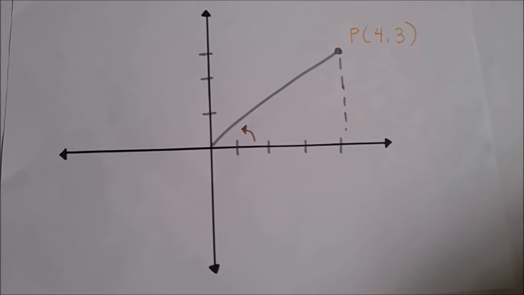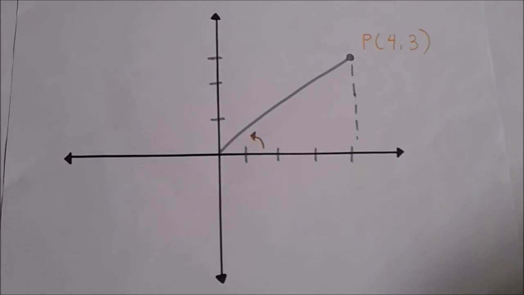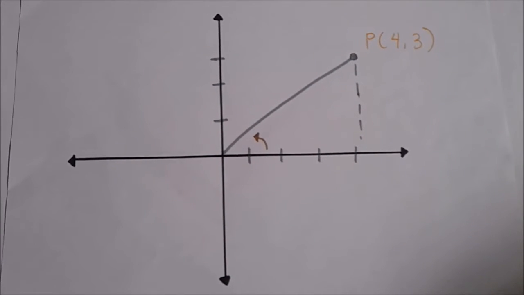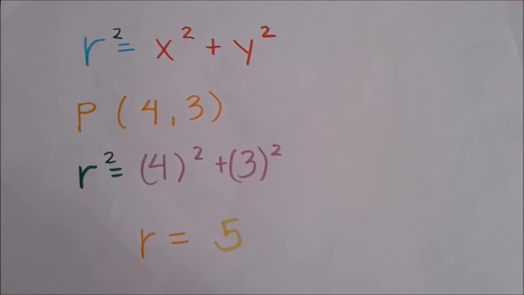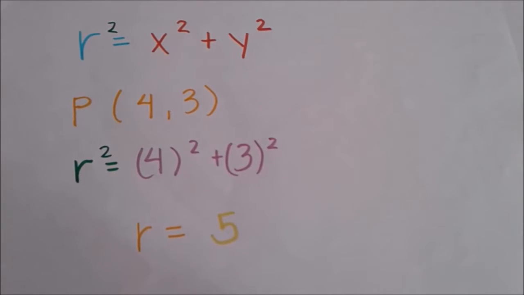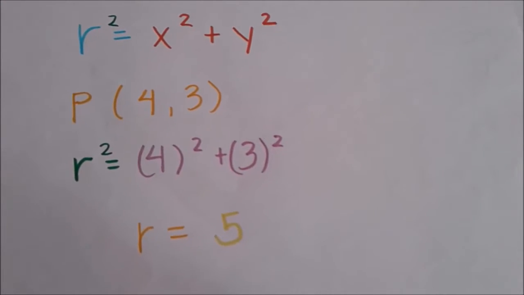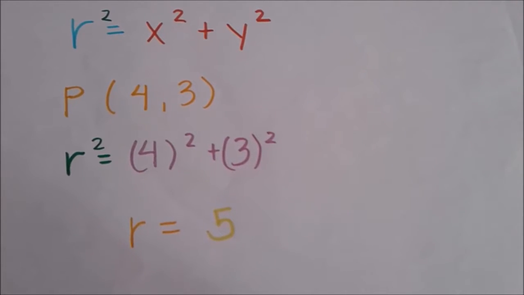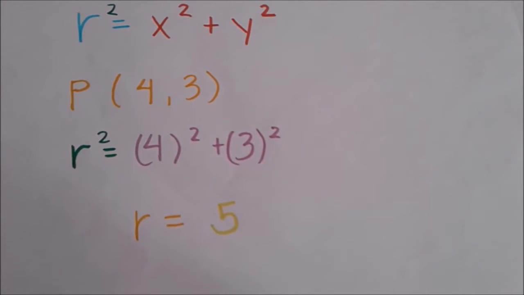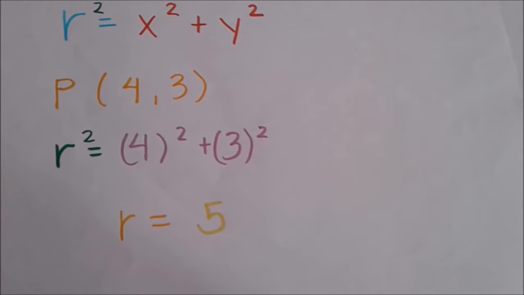Example: find the 6 trigonometric functions of theta in standard position whose terminal side contains point (4, 3). To do this, we must first find the radius through the Pythagorean theorem. R squared is equal to x squared plus y squared. Since our point is (4, 3), we must substitute it to get the r. 4 squared is equal to 16 plus 3 squared is equal to 9